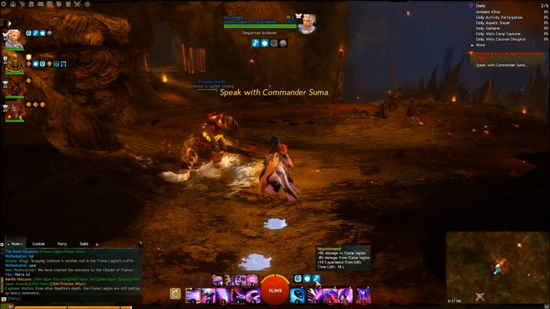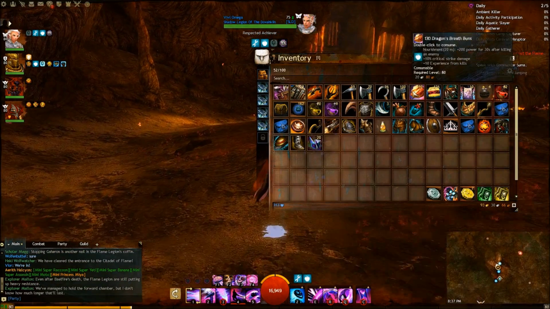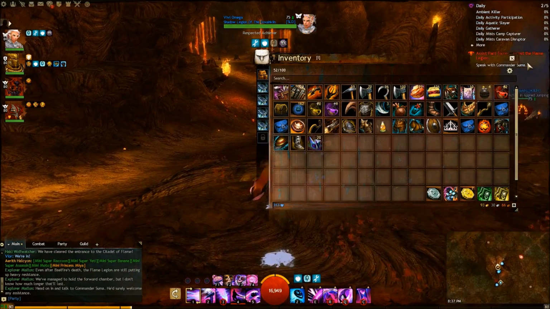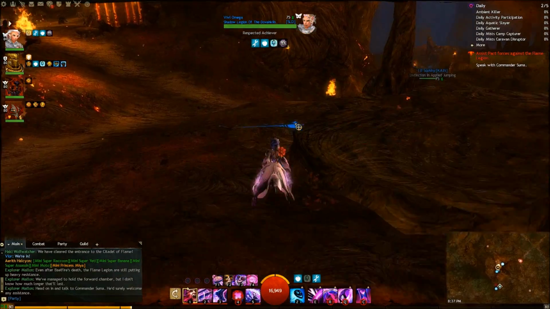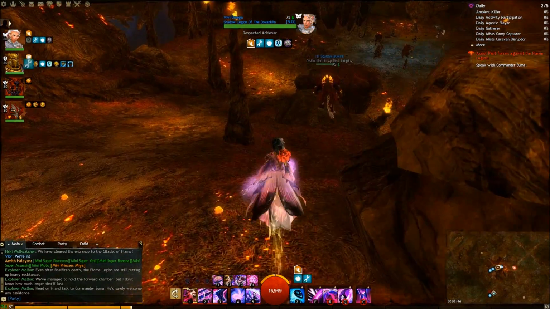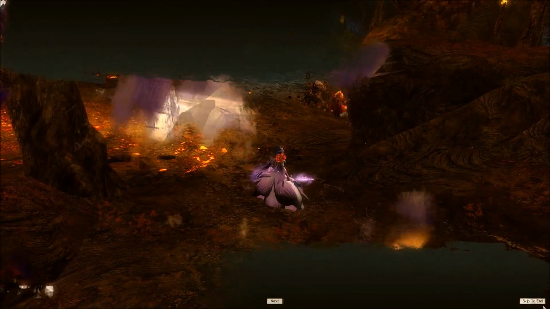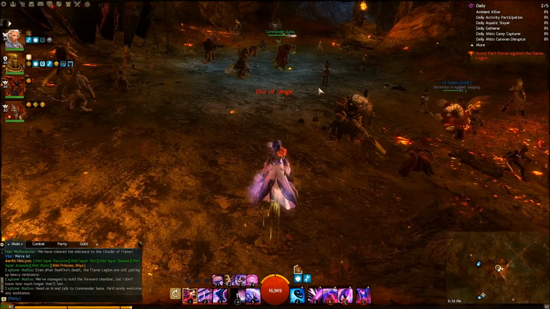This guide is really meant for pickup groups. It's not the fastest way to run the dungeon, it's not the ideal class composition, it's just, if you want to learn how to run the dungeon, this is how you do it. COF P1 is considered the easiest dungeon in Guild Wars 2. I recommend that if you're going to run a dungeon and you haven't run one before, this should be the